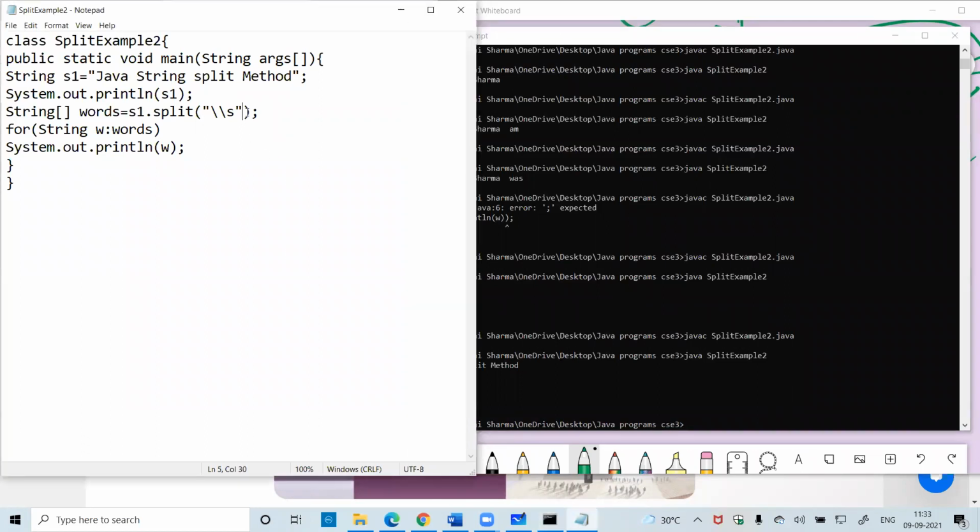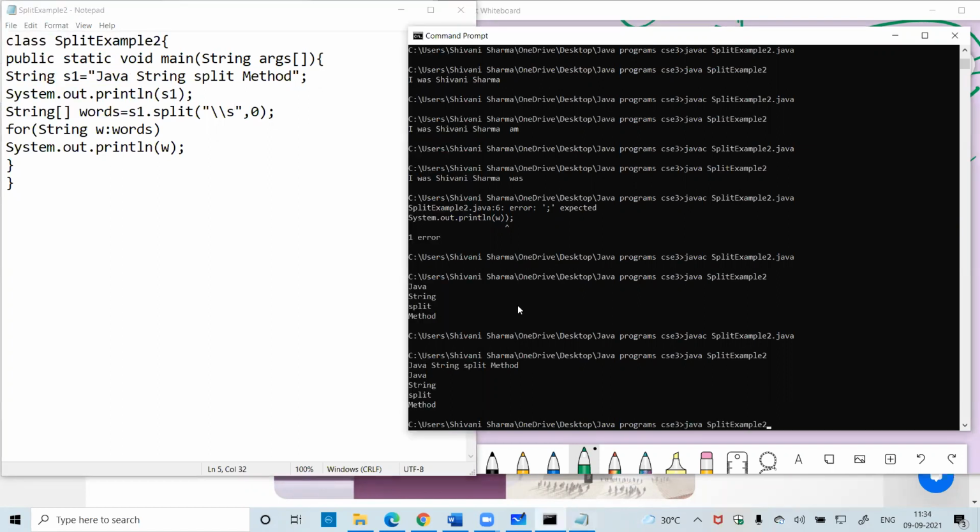Now we are also able to write one parameter which is specified, like we can use any expression. We can use a hyphen also. If I am using a hyphen here, you can use any regular expression. Now, suppose I write here another parameter that can be used with the split method, that is limit. If I write here 0,